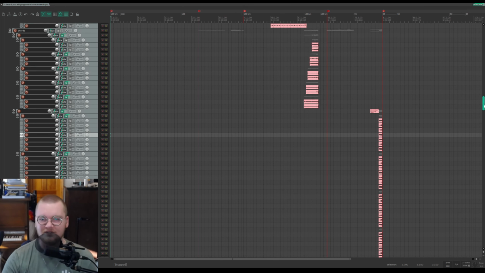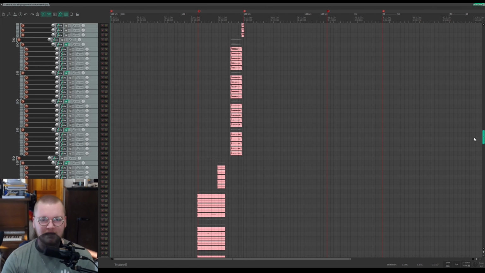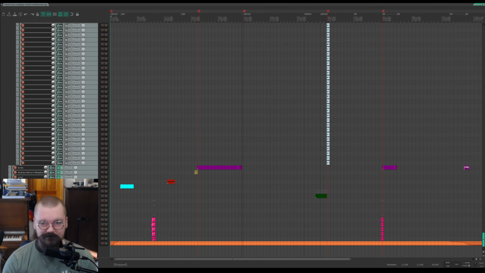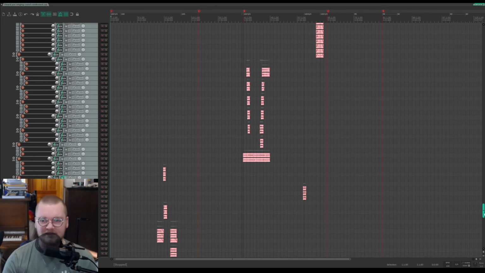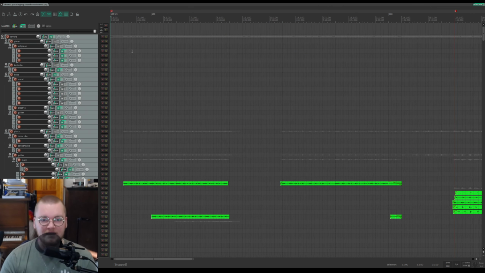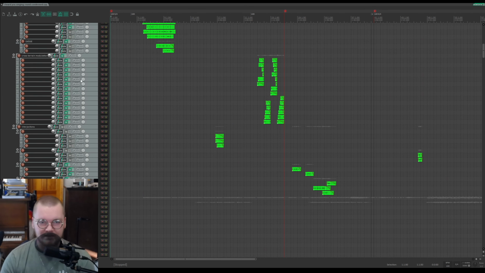So that's why there's 700s, just pretty much for organizational purposes, and to make it a little bit easier to mix, because then I don't have to automate the volume change between this one and that one. If I had them on the same folder, I can just adjust the volume of this individual thing by just moving that little knob. So you might say that I don't need 729 tracks, and I would agree, but that's just kind of how it worked out. I wasn't trying to make as many tracks as possible. This is just kind of what happened. So, yeah, let's just go ahead and start. Let's dive in and listen and see what's going on in here.